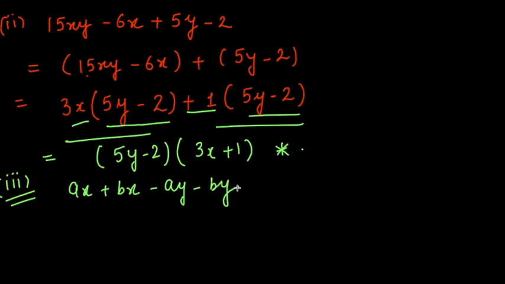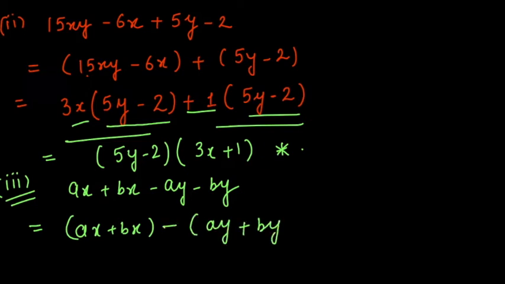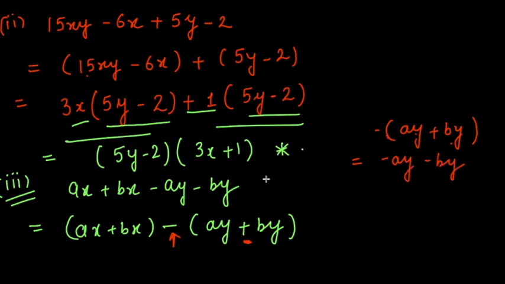Now this is your third part, ax plus bx minus ay minus by. Again, I put these 2 terms in a bracket, ax plus bx, and minus, if I am taking it common, this becomes ay plus by. Now this is important here. When you have taken minus common, this will be plus by, because when you expand the bracket, if it is minus (ay plus by), you will get minus into ay, minus ay, then minus into plus by, minus by, which is the same as given in the question. So when you have taken minus common, all the signs inside the bracket get changed.